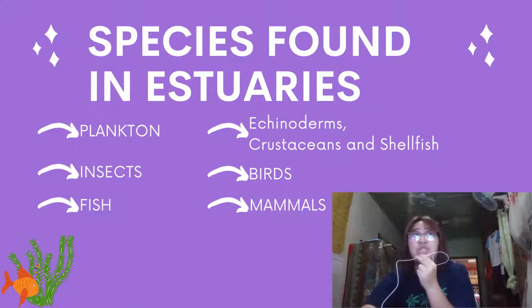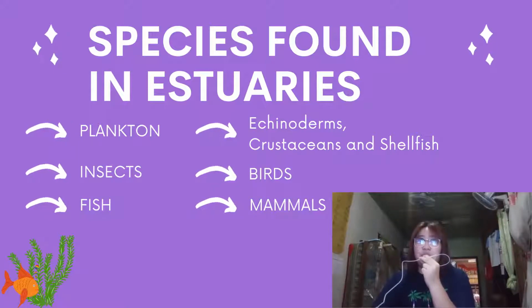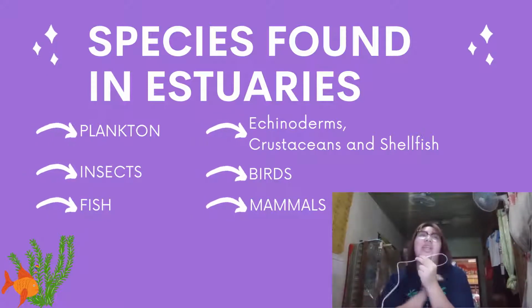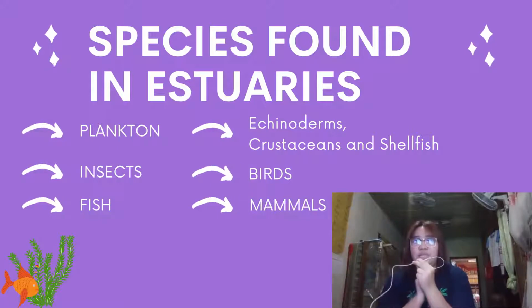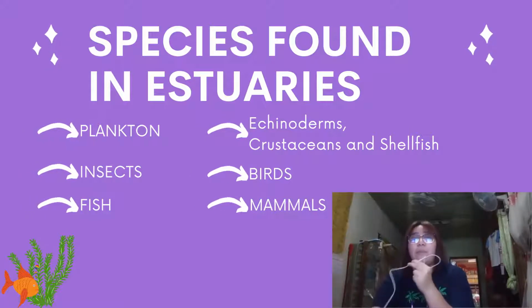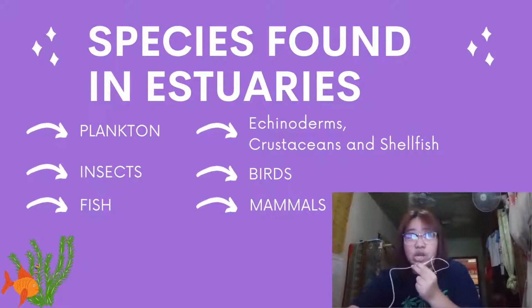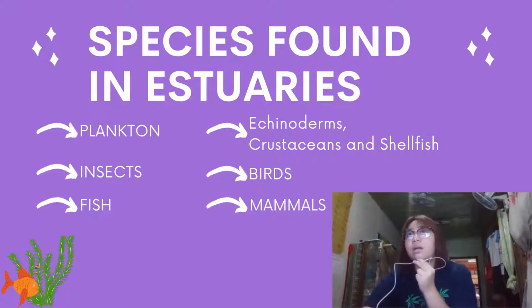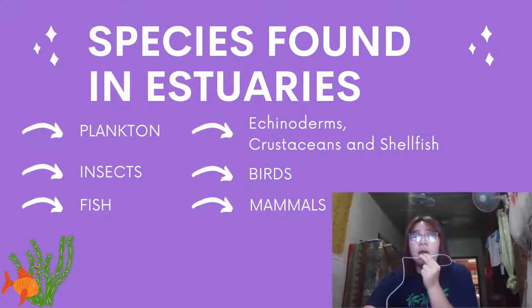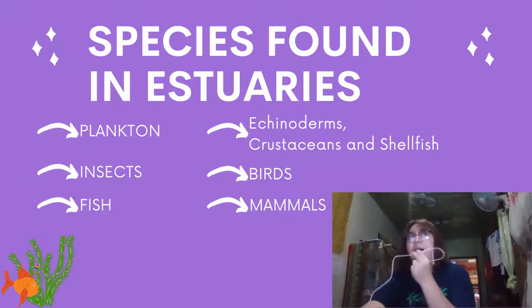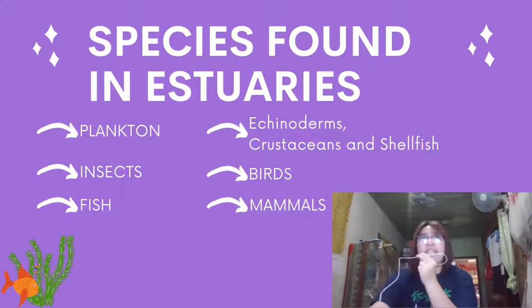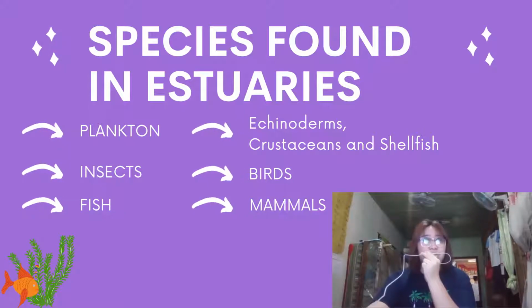Next is the shellfish. Shellfish are valuable estuarine species because they serve as a barrier, filtering pollutants and other toxins out of the water. The famous example of that is the oysters. Oysters, mussels, and clams are all common estuary shellfish. Next is the birds. A number of birds rely on marshes and mangroves as a source of food. They eat fish, herbs, and snails because hunting and foraging in the shallow waters of estuaries is very simple.